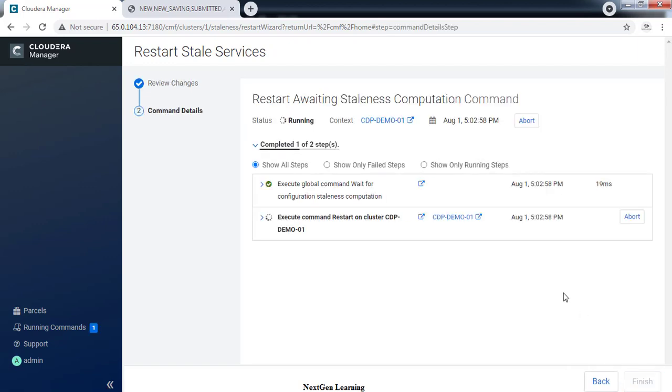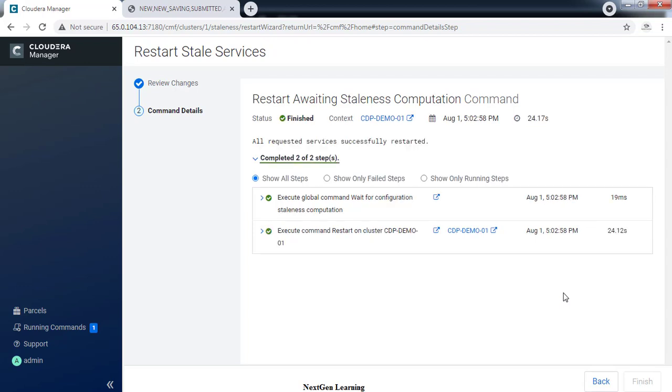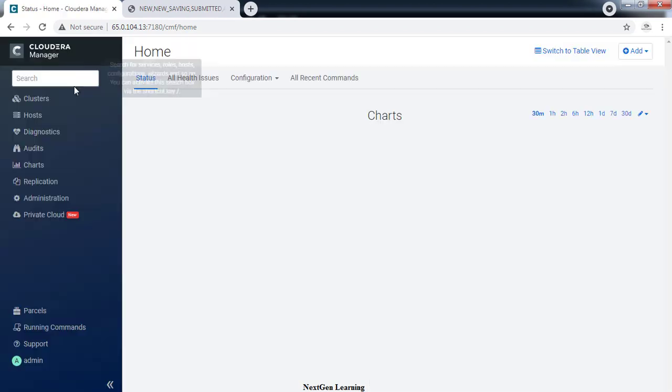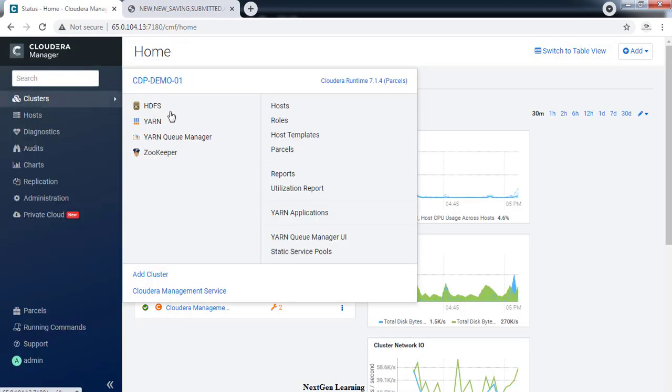This process will restart our Yarn service and takes some time. Once completed, let's go back to our Yarn Queue Manager page. For that, go to the main page, and from the clusters, select Yarn Queue Manager.